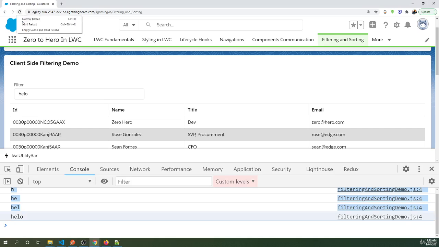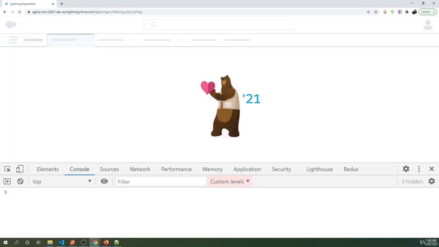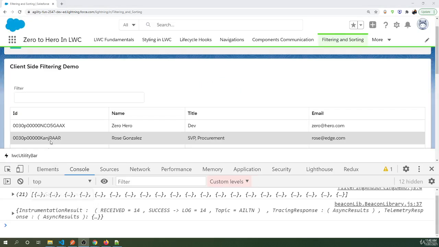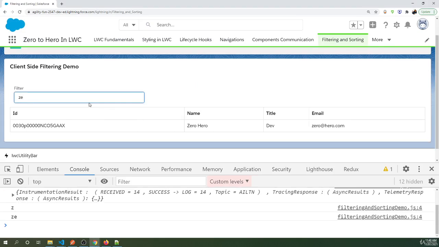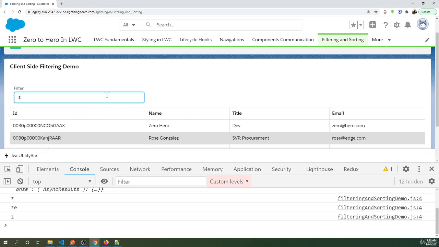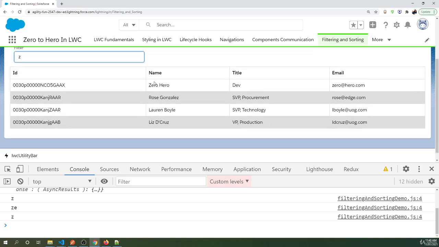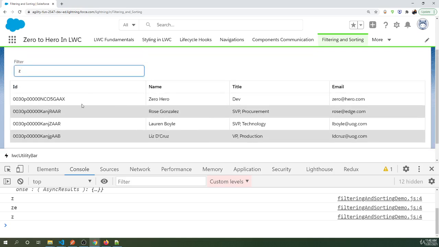Go and refresh the page, and now if I type 0, because 0 hero is there, so I'll say ZE. So now you see it immediately doing the filtering here. And if I go back, it's then giving us all the names that have it, either in id, name, title, or in... If I type svp, let's see,